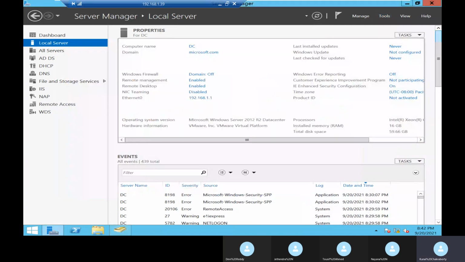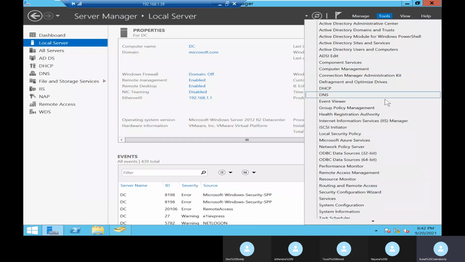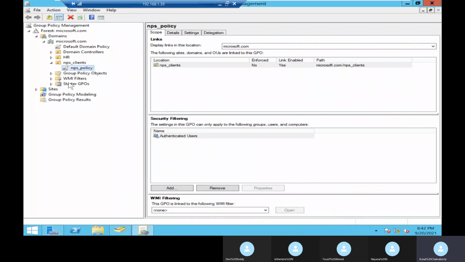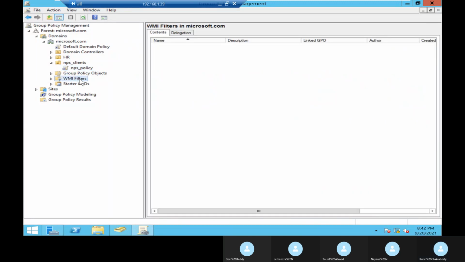Not here. Under Group Policy Management, you can see here WMI Filters. So here I need to assign some queries. What type of query do I need to assign here?